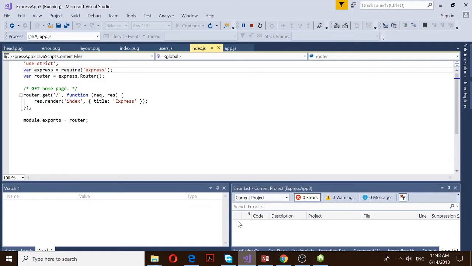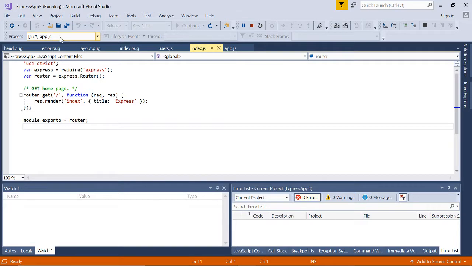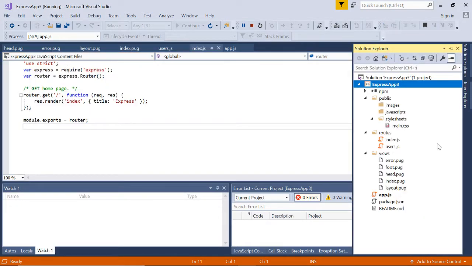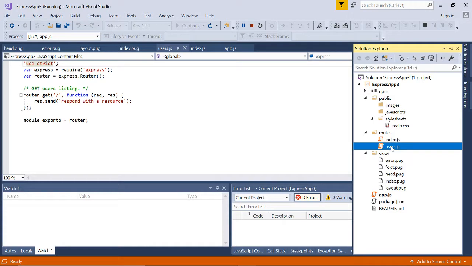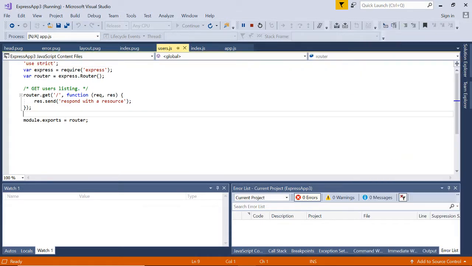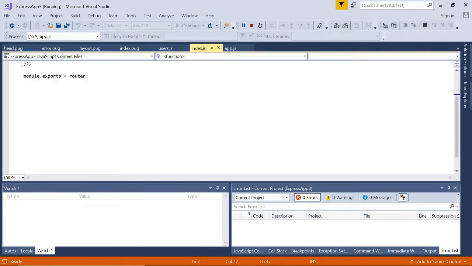In order to get this, the basic structure is, if you see, I have index.js and user.js. Here we don't need user.js, so I can safely ignore it today. If you see the content of index.js, as you can see here,